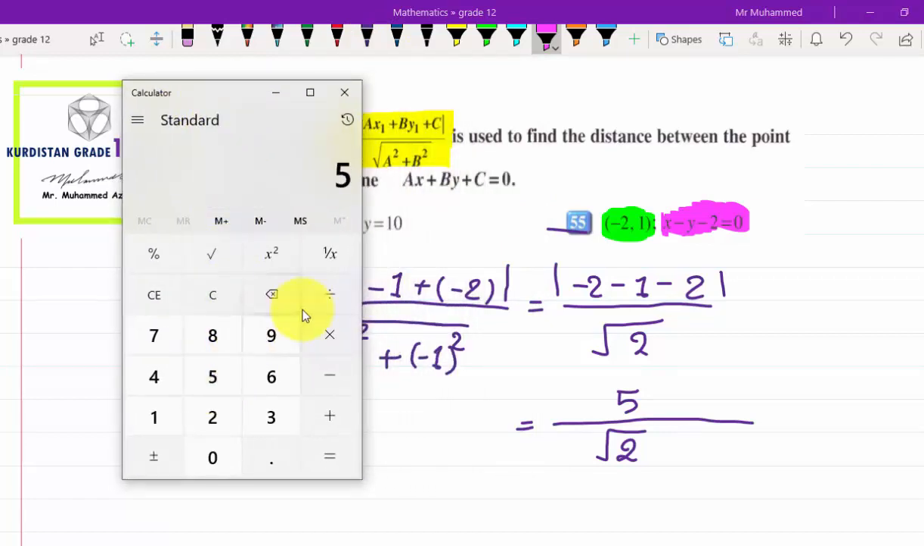5 divided by the square root of 2 equal to